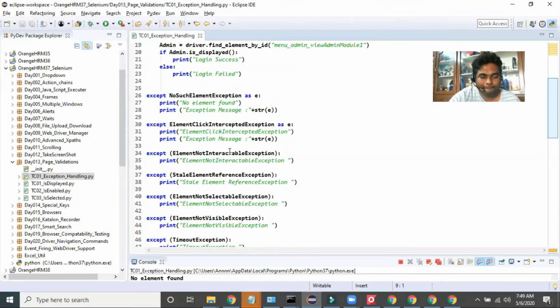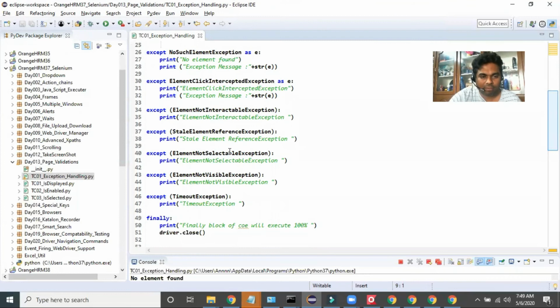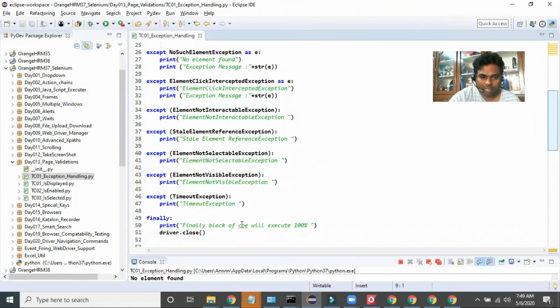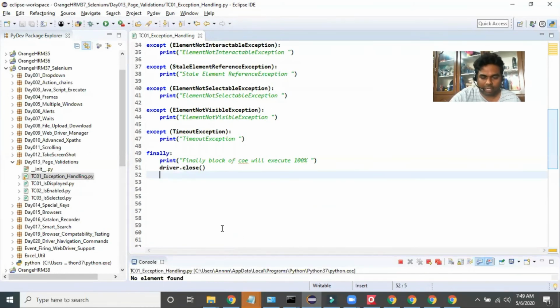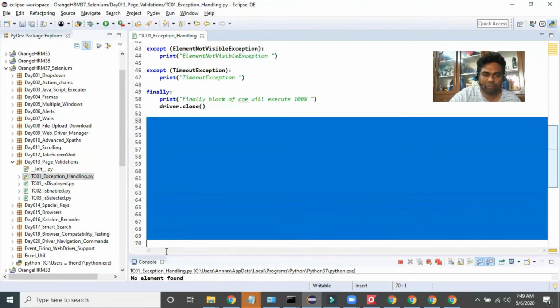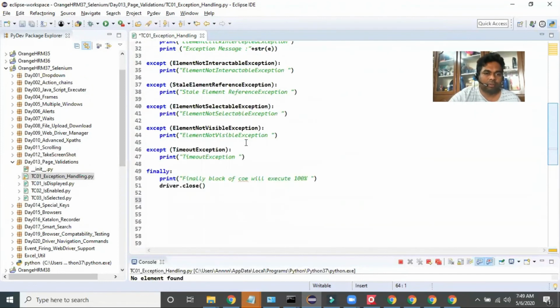If we want to continue with some other lines of code, we should write them after this finally part. Exactly. Under the finally block, some step will be mandatory, the concluding part will be here, and then the next line of code will continue. After the finally block is executed, the rest of the code will continue as usual. Okay, fine.